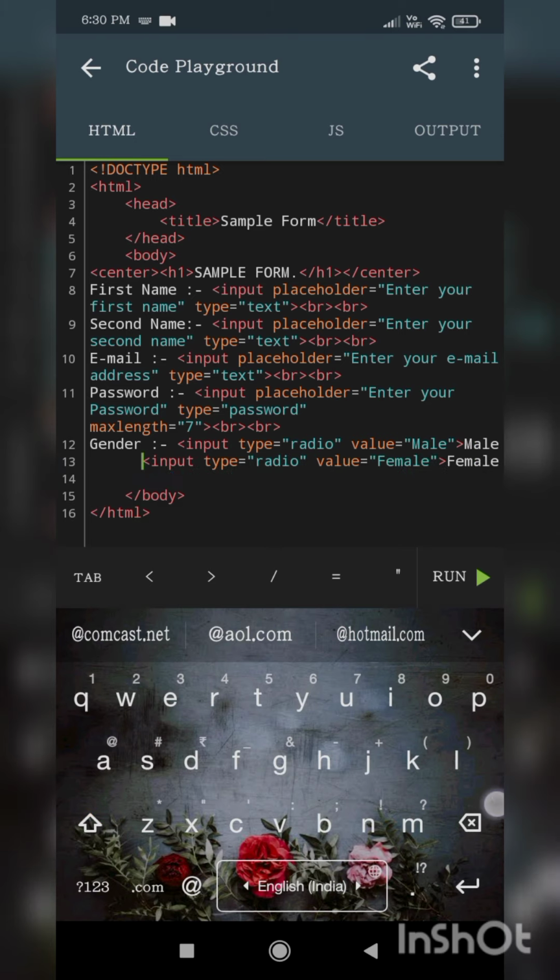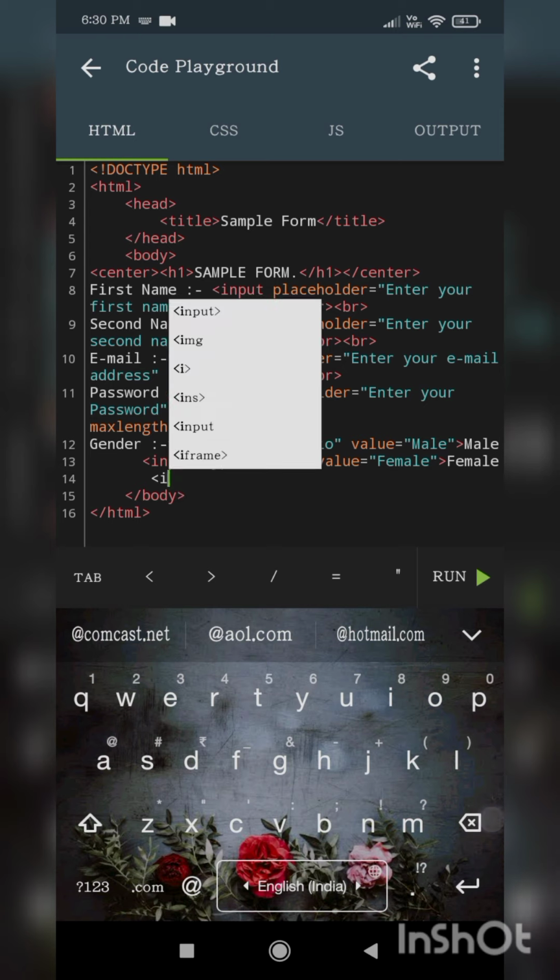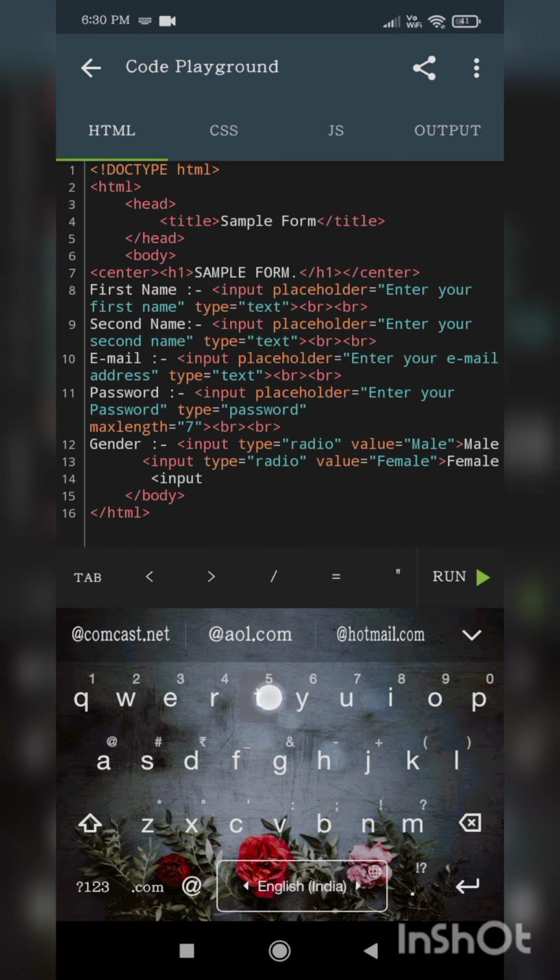So here, if it is completed, again down here I will use one more input. These options you will find in some forms. Yes, my dear friends, so here radio. I am using another radio button to keep others. The value I am keeping as others, and I am closing it, and again I am writing others.